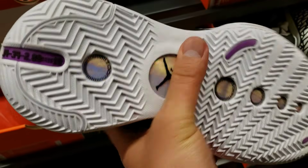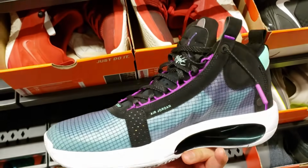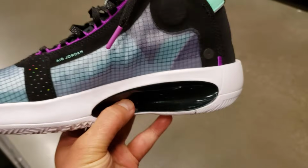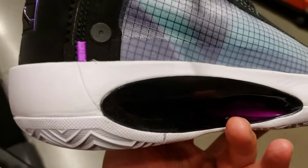Actually don't look like they're worn. Actually brand new. Look at that. Dope. Huge fan of these. Did I call these the Jordan 33? How dare I? Oh my goodness. Got the Jordan 34s, and I'm looking at it because I'm like, should I cop and should I sell? These aren't my size. But look,